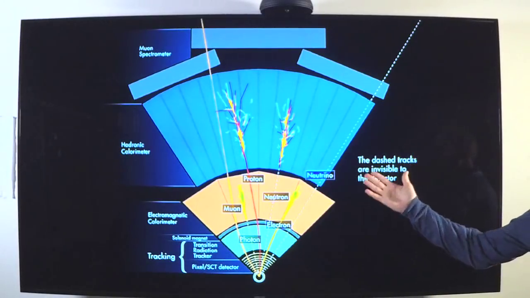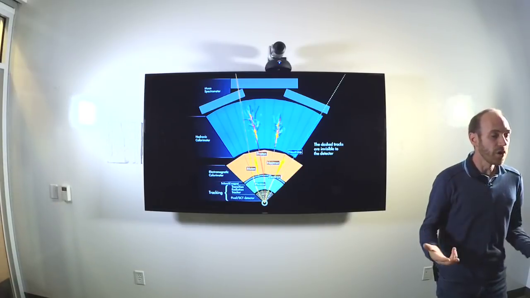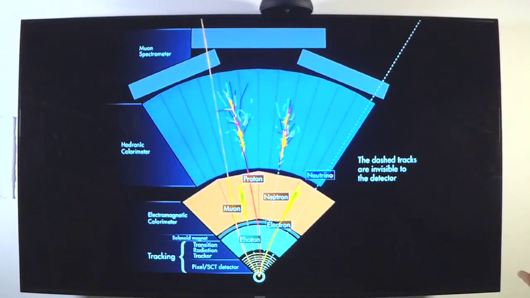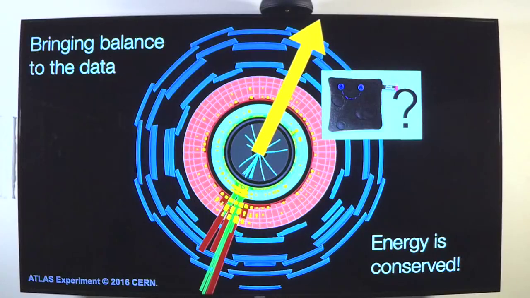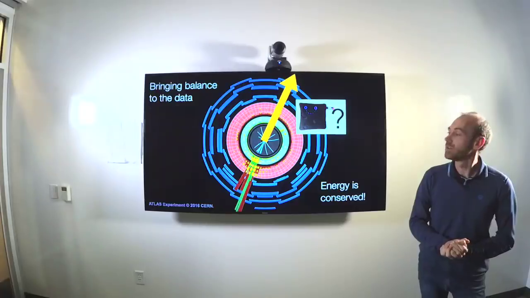So given that dark matter, if it is produced, like neutrinos, will not interact directly with our detector, obviously the question is, how can you say that dark matter was produced? In fact, the way we do it, we take advantage of energy conservation. So in the last slide, I want to show you an example of this. This is a transverse view of our detector.